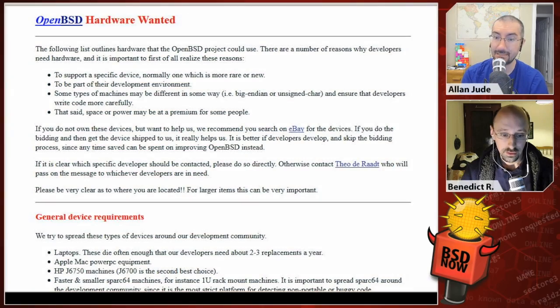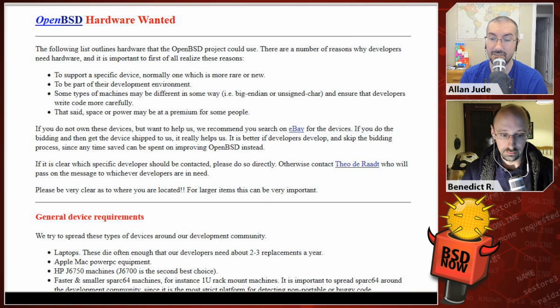So it's time for the Beastie Bits. This week we have, starting with, OpenBSD has a list of the hardware that their developers would like to get a hold of. So it says the following list outlines hardware that the OpenBSD project could use. There are a number of reasons why developers need hardware, and it is important to first of all realize the reasons, right? A is to support a specific device, normally one that's rare or new, or to be part of a developer's environment, right? To be able to